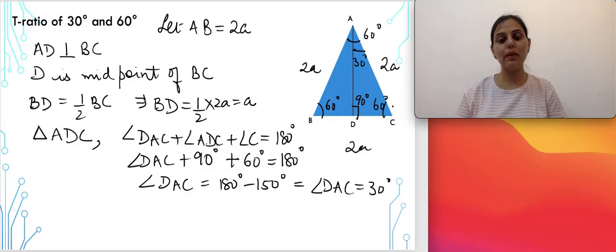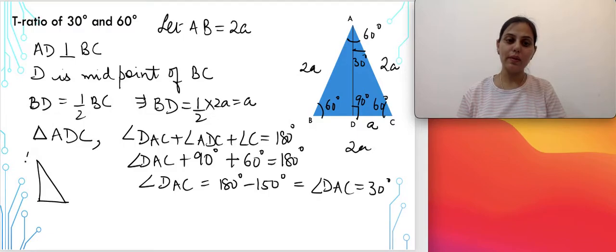So this particular angle is 30 degrees and one base angle is given as 60 degrees. I hope till here the T ratios or the value of the sides are clear to you. So this value is A, this is 2A. Let us calculate the value of AD now. AD can be calculated by using the Pythagoras theorem. Now since we are considering this right angle triangle, this is your point A, this is D and this is point C. And this angle we have taken as 60 degrees. This angle we have just now calculated as 30 degrees. Side DC is A and this side AC is 2A.